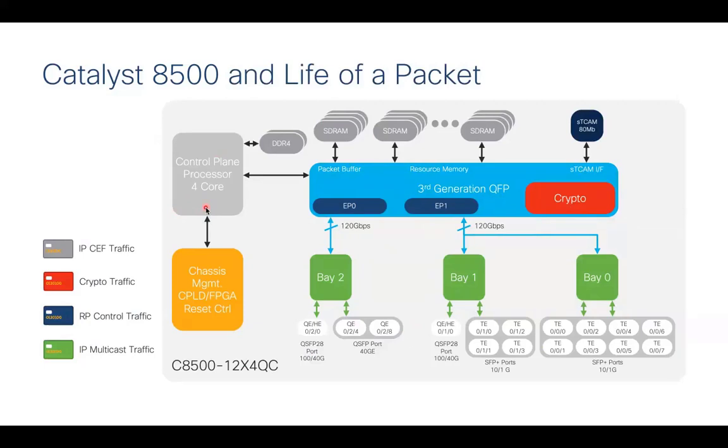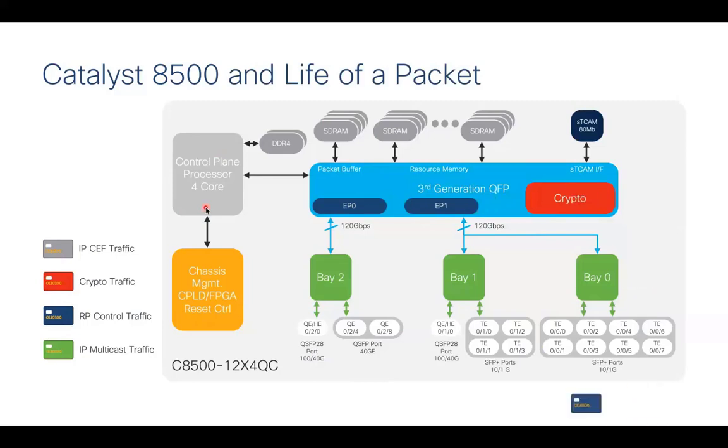Let's look quickly at the packet path, how they get served. You have the ceph traffic directly getting served from the data path, from ingress to egress. Anything that is crypto now doesn't have to be sent outside the QFP because you have inline crypto. That's how we call it hardware accelerated. We don't waste time in sending the packet out or in of the data module. It gets served readily.